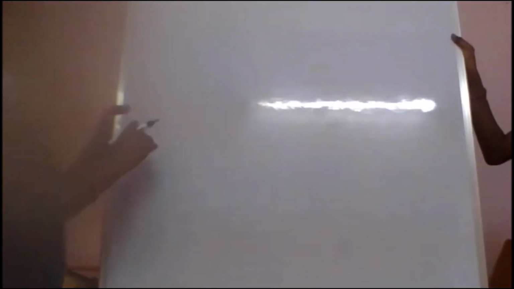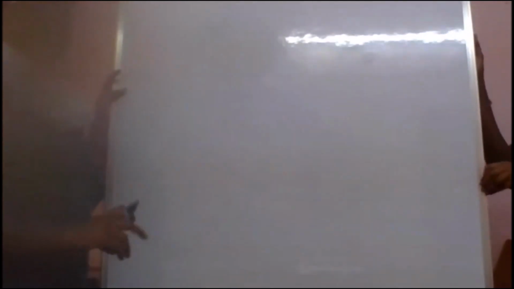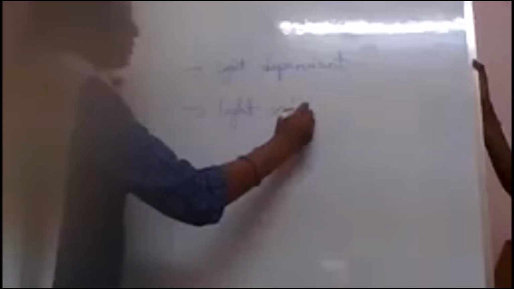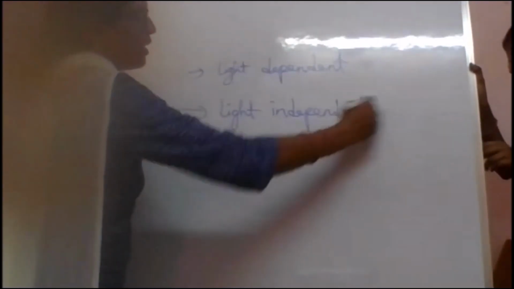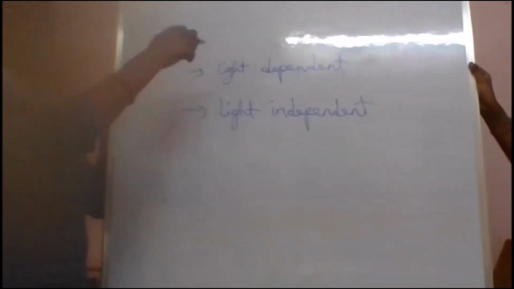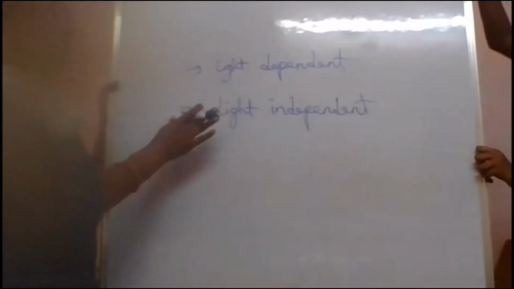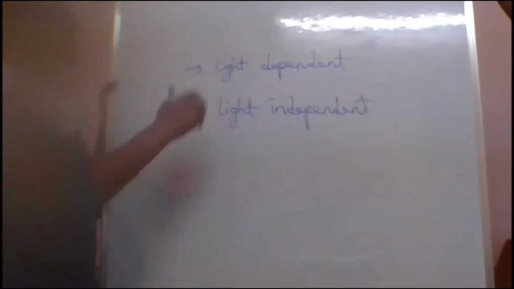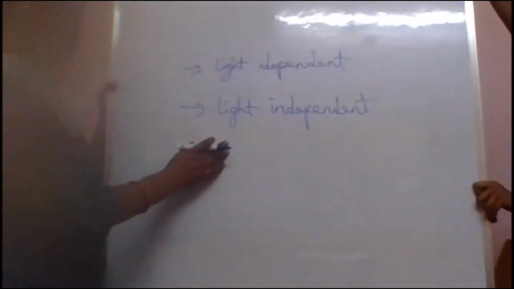When you come to the mechanism of photosynthesis, how many steps do you have? Mainly you have 2 steps. One is light dependent. Next is light independent. When you say light, that means light is essential here. The sunlight is essential here, whereas in this one the sunlight is not essential. So in some circumstances, we call these light reaction and dark reaction.